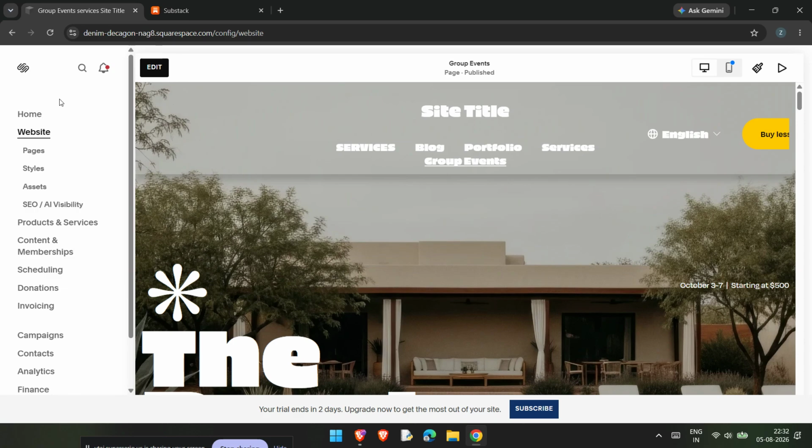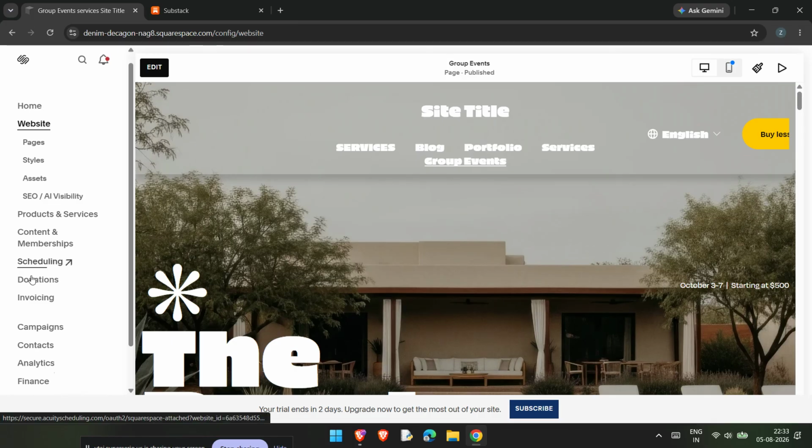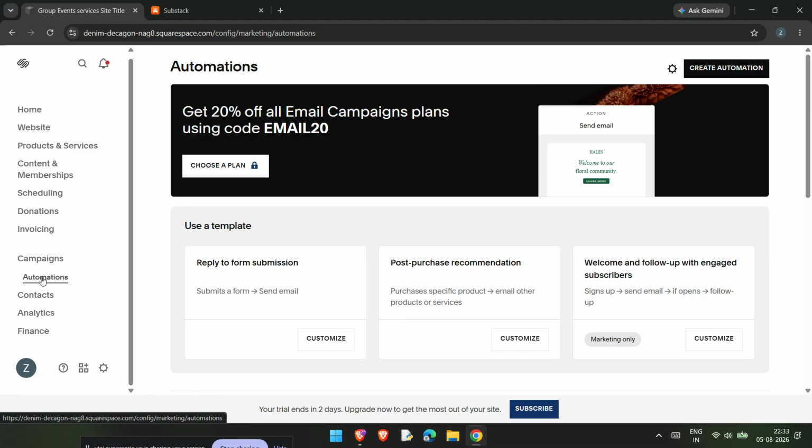First, log into your Squarespace dashboard and open your website editor. Once you're inside, look for the Email Campaigns area. This is where Squarespace keeps the tools for creating and managing your automated email sequences. After you open email campaigns, select Automation from the campaign types. This is the section you need if you want emails to send automatically based on a visitor action or audience